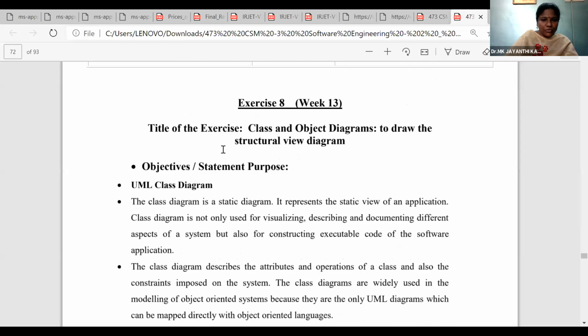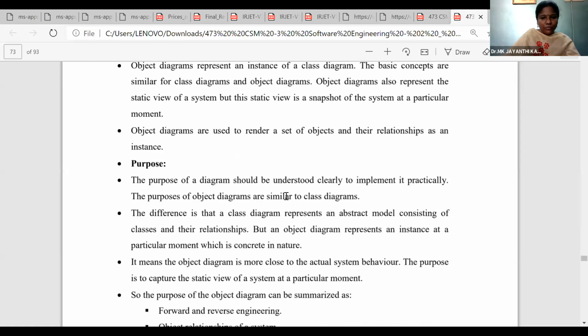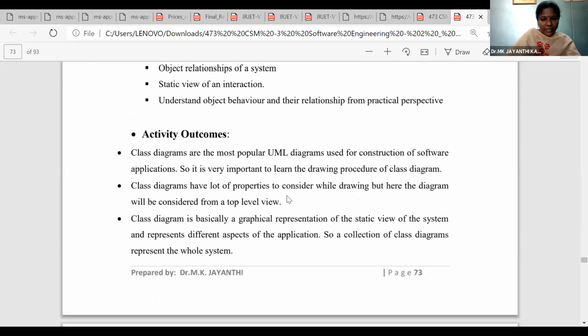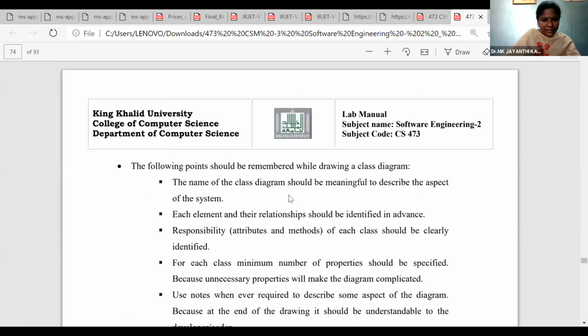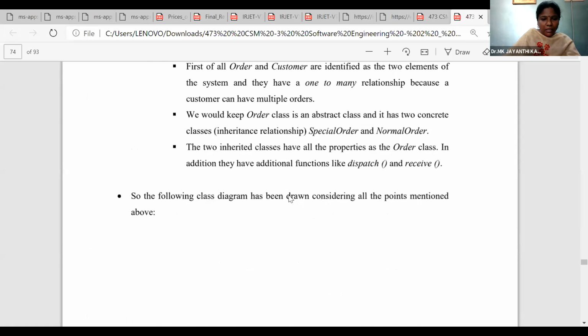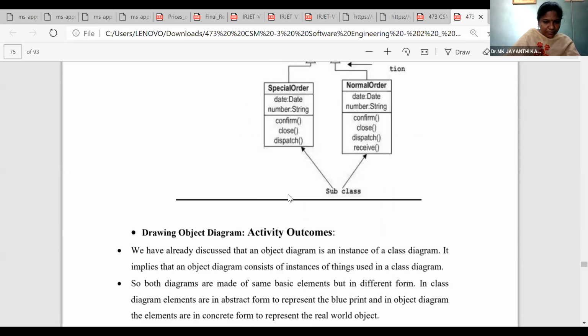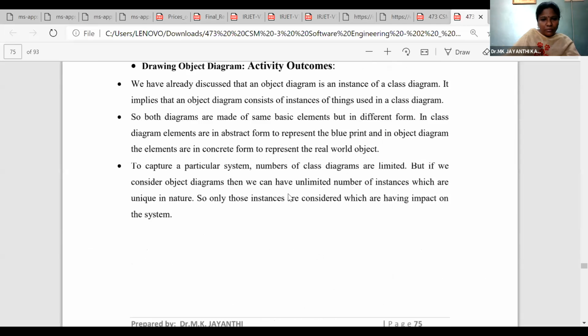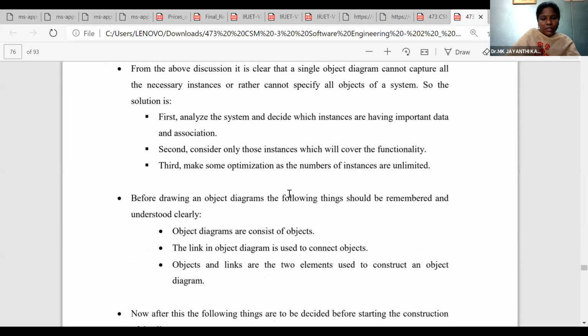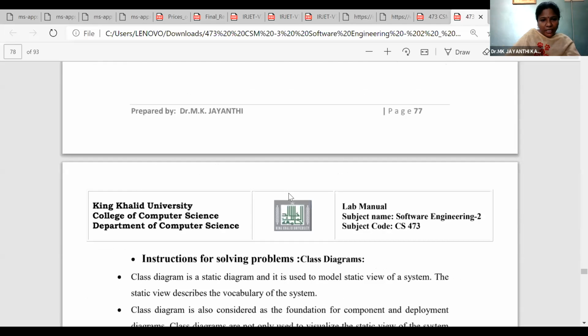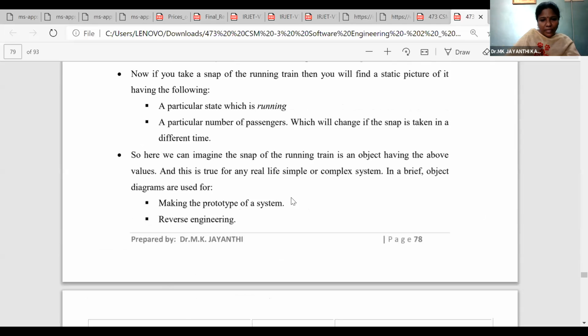I will share this also with you. You just go through the content. If you have any doubt, ask me in the next class. Otherwise, tomorrow we will design the sequence diagram and the state chart diagram using virtual labs. This manual and the PPT I will share. You go through the content and ask me tomorrow.